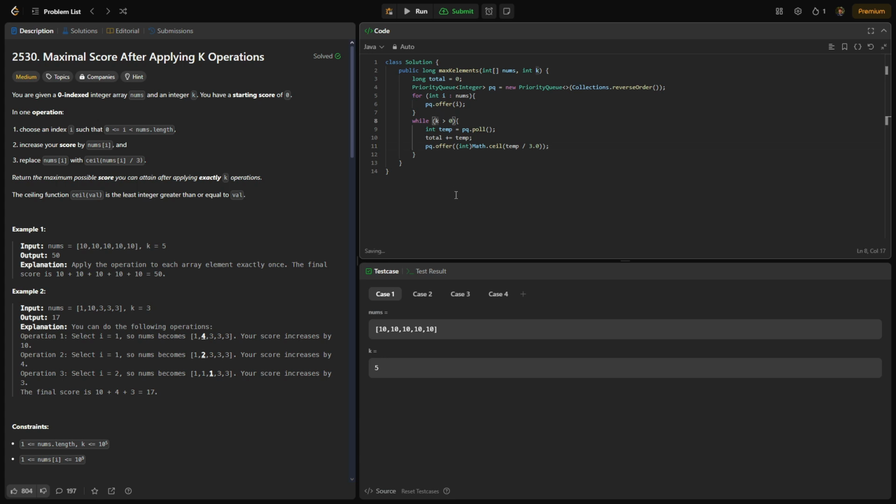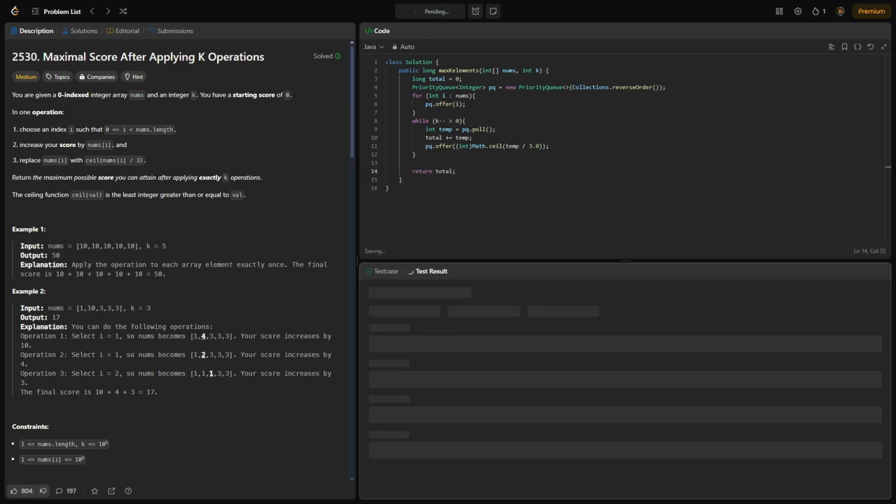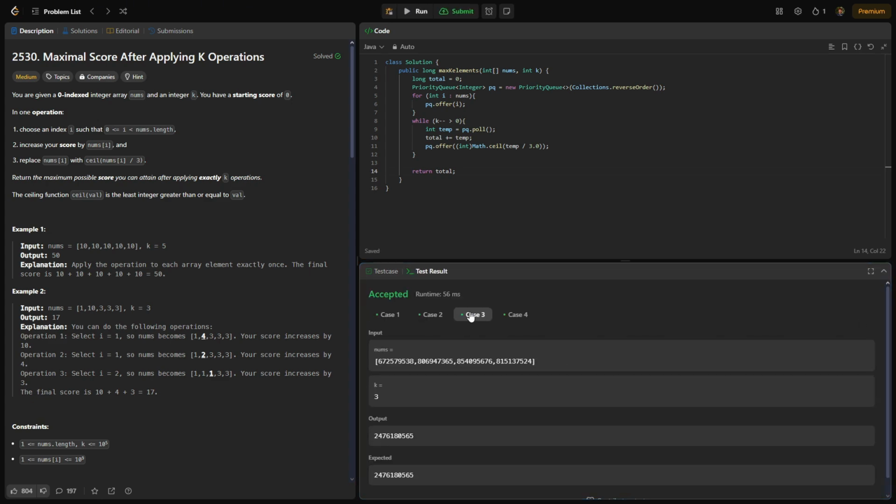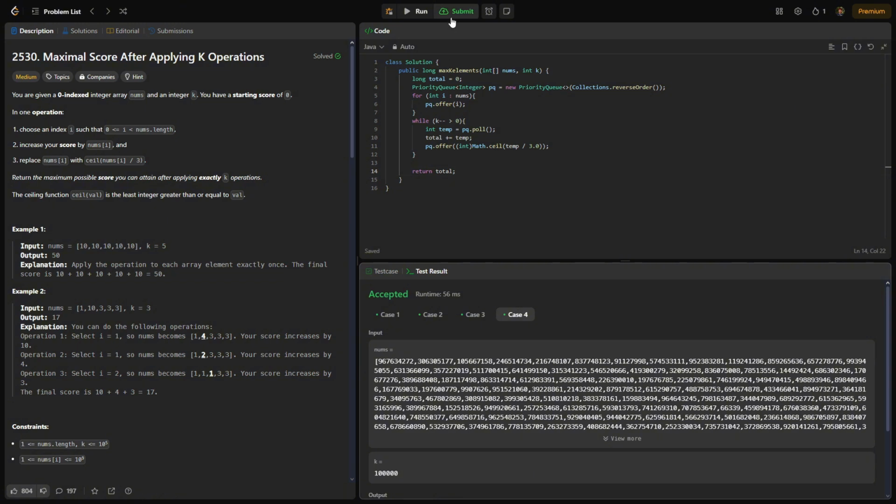And lastly, we just need to make sure we deduct 1 from our k value each time we iterate through, and we can return our total. So if we run this, it passes all of our test cases, and if we submit it,